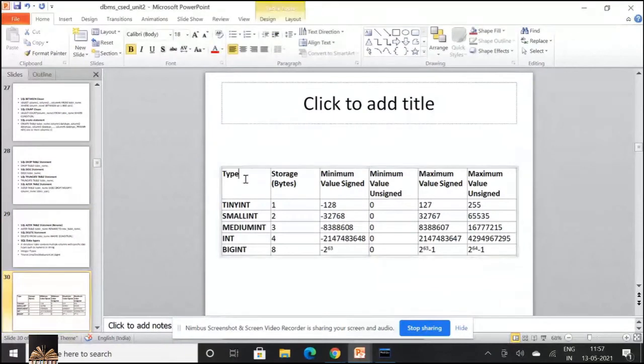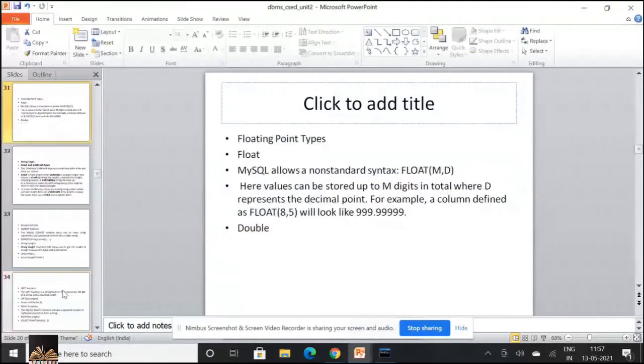Whenever you want to work with integers, you have TINYINT, SMALLINT, MEDIUMINT, and BIGINT. Usually we work with the INT data type. If you want to save space and memory, you can work with TINYINT or SMALLINT. And if the number is huge, you can work with BIGINT.